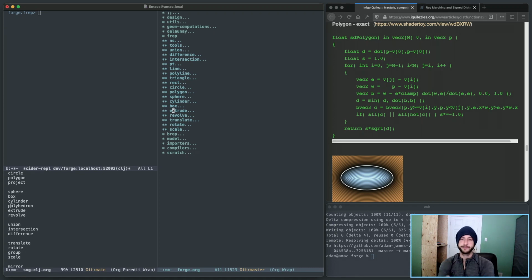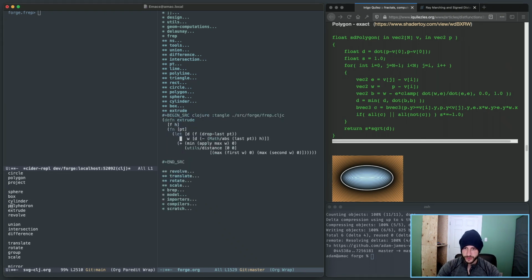Let's see. Let's see about extrusion now. Yeah, I think that makes sense. So extrusion